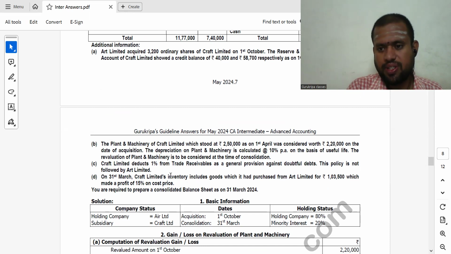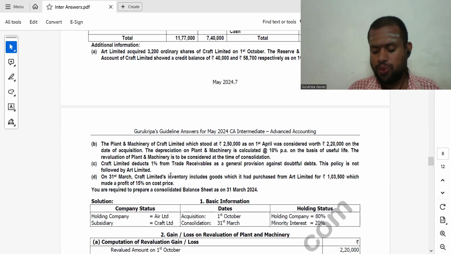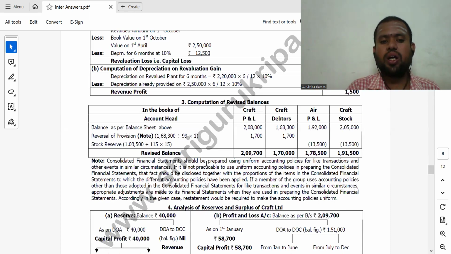And stock reserve. The holding company is selling goods to the subsidiary company. So you have to reduce the subsidiary's stock, and in the profit and loss account of the holding company also you have to reduce the stock reserve. That is the